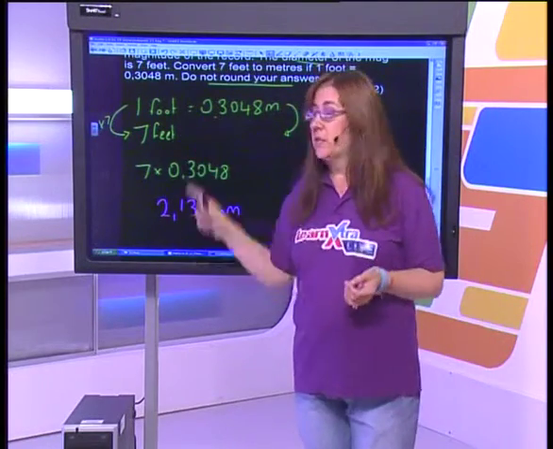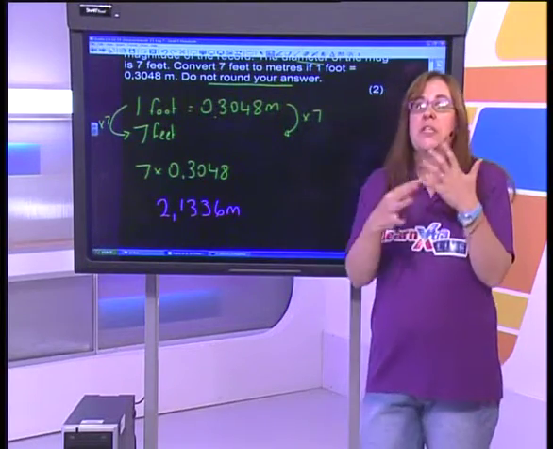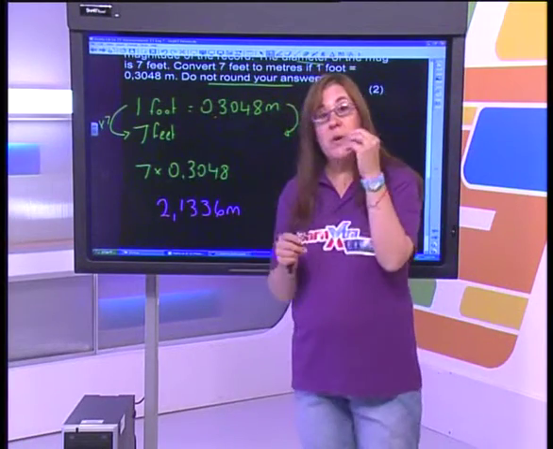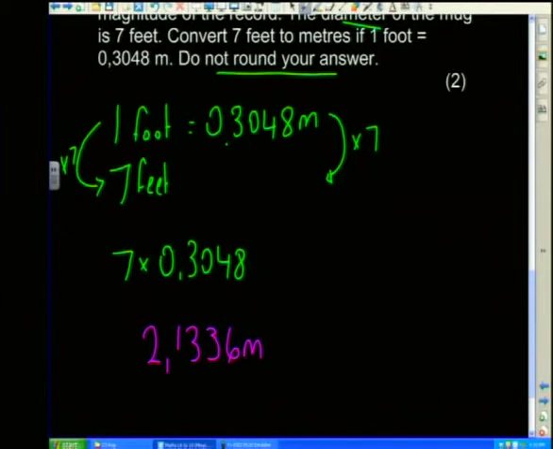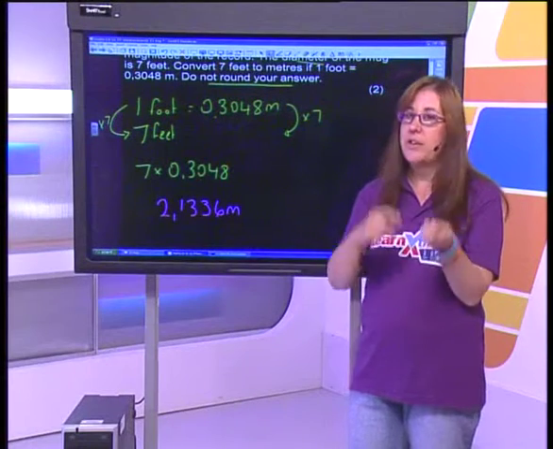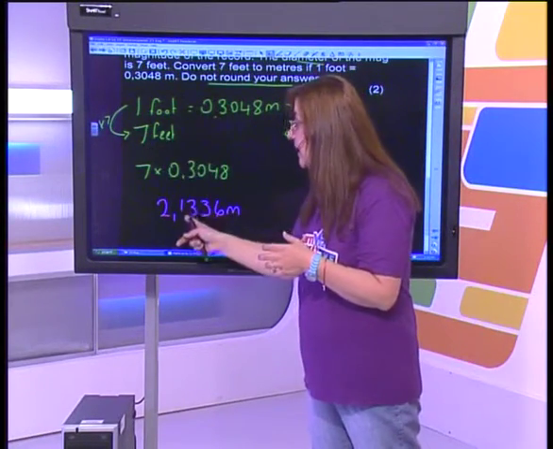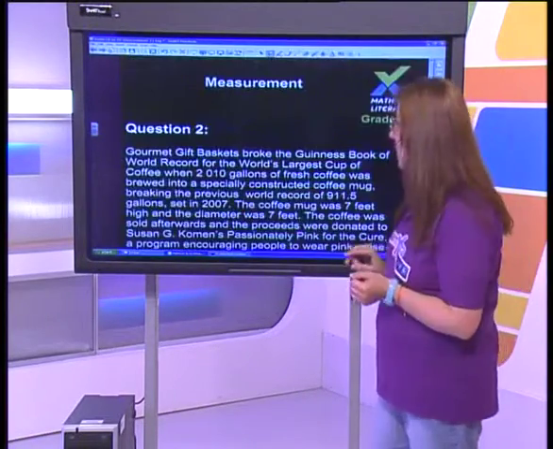What I want to point out before I carry on is that with this kind of question, you guys know you need to multiply or divide. I always get the common question, should I multiply or should I divide? And I want you to make sense of the answer. For 1 foot, we ended up with less meters, so I need an answer that is less than 7. If I get an answer that's bigger than 7, then I know I've made a mistake and I've multiplied instead of divided, or divided instead of multiplying. So just make sense of your answer. I'm expecting a number less than 7 because that was less than that. Okay, let's move on to the next part of the question.